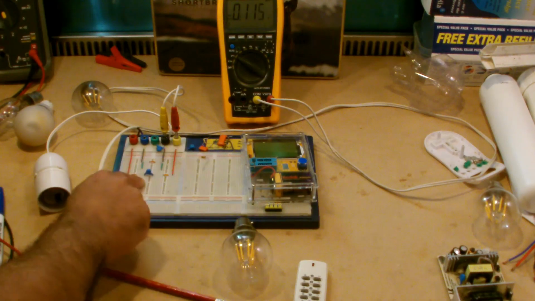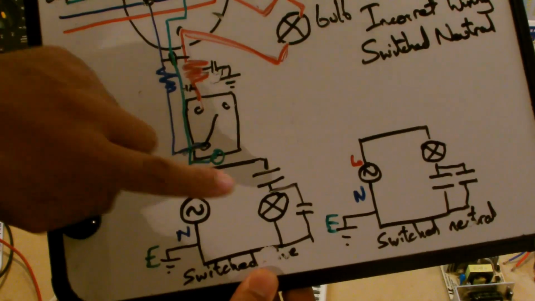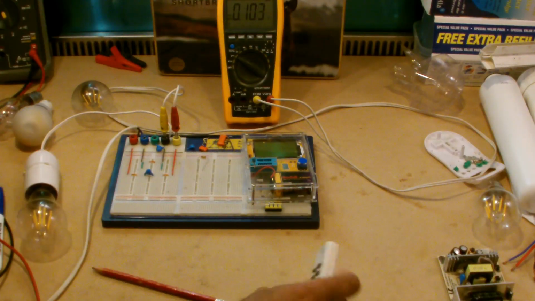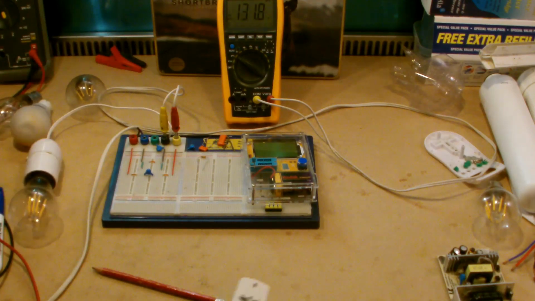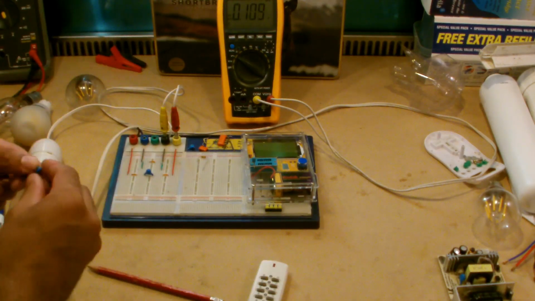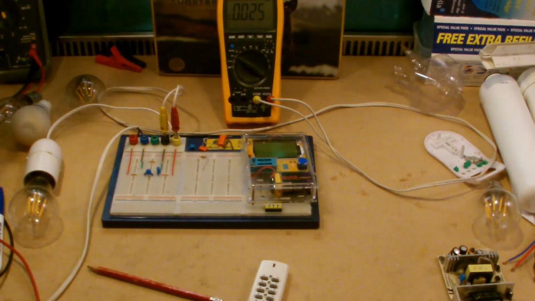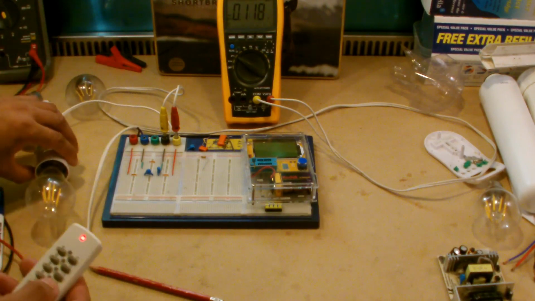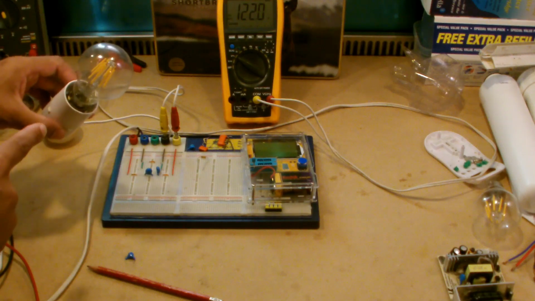So as before, we have our cap, which is here, and that's going to cause the thing to light up. So we can see it's lit, and then we're going to take this and we're going to put this across to show the additional capacitance, the environmental effects. And if we switch this on, you can see that there's pretty much nothing. Let's put a slightly larger cap in there. The bulb still isn't lit.